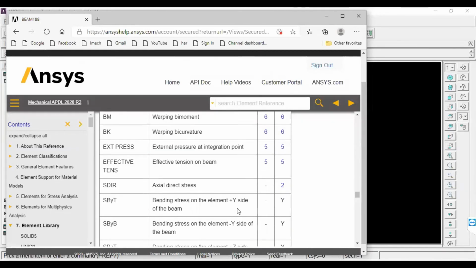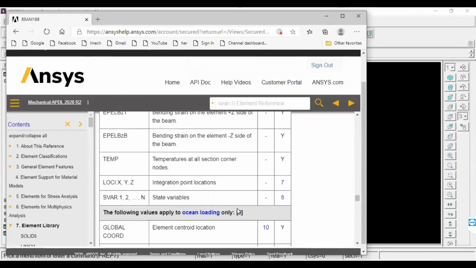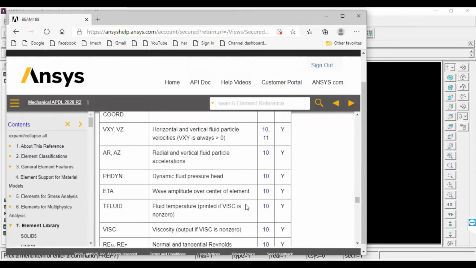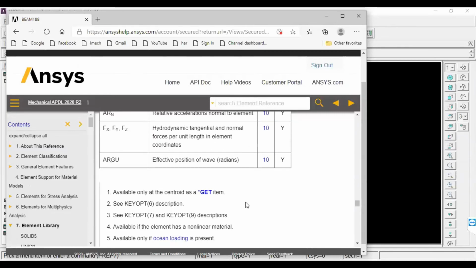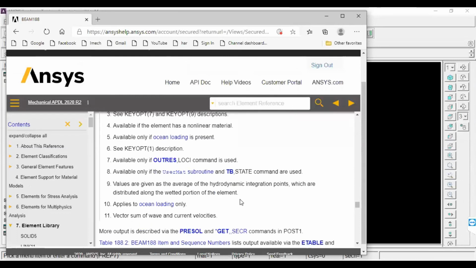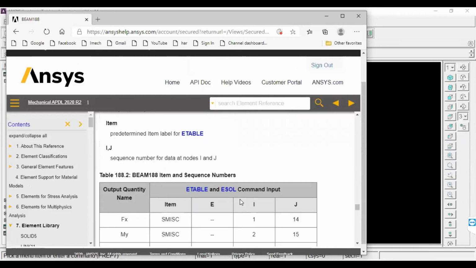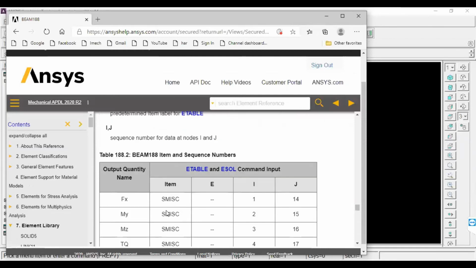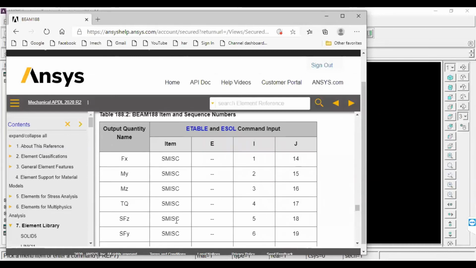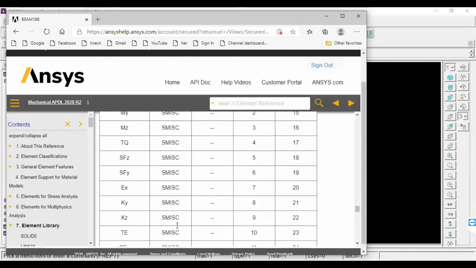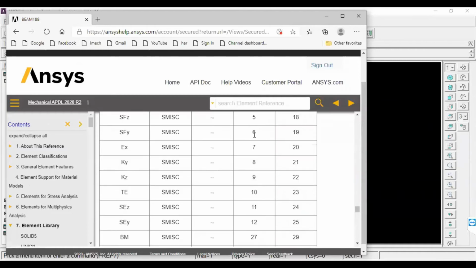If you have a CAD/CAM lab related to computer-aided engineering, especially if you are using the ANSYS software, in Viva they will ask you. Here, output quantity names: force in X direction, movement in Y, movement in Z direction, torque. Here, the shortcut is SMISC, summable miscellaneous numbers, NMISC, non-summable miscellaneous numbers, like that. You need to define SMISC.